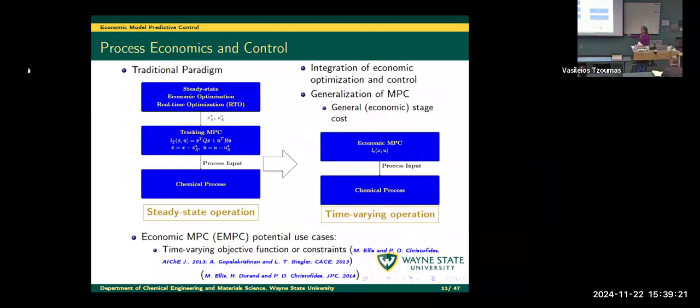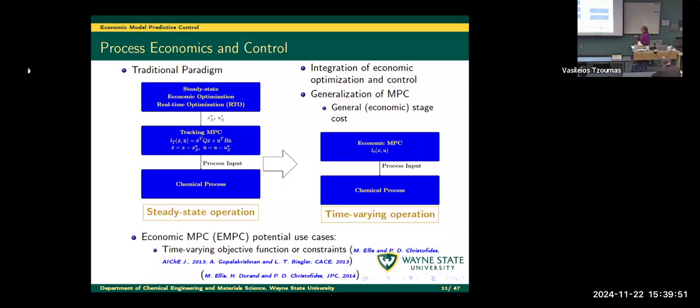In cases where MPC is used in chemical manufacturing, this is often how it would work. So you would have a steady state economic optimization problem known as real-time optimization that computes the economically optimal steady states for the process to operate at, and then sends those to the model predictive controller that has that tracking objective function. So it would then have its minimum at this economically optimal steady state. The tracking MPC would then try to drive the state toward that economically optimal steady state,